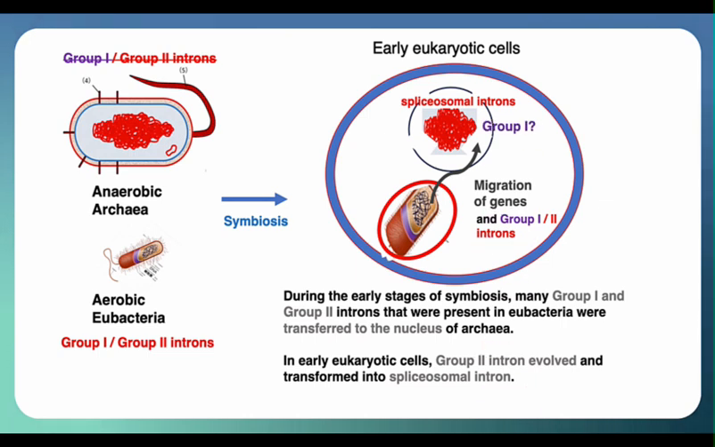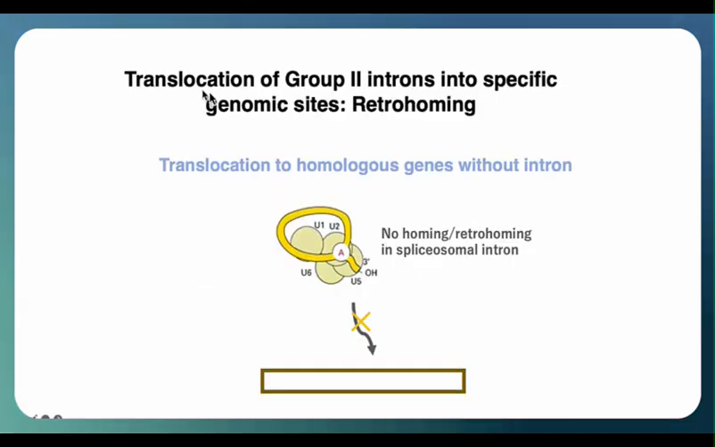However, Group I introns are currently found only in ribosomal genes of eukaryotes. The reason for this limited distribution of Group I introns in eukaryotic genes remains unexplained. Next, I will explain the intron transposition reaction, in which a spliced-out Group II intron is inserted into a specific